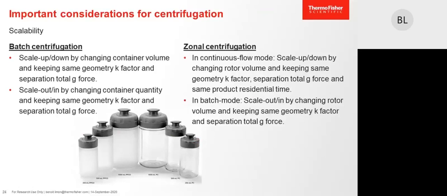So the scale out means increasing the quantity of machines or the number of containers or the volume of containers, but always keeping the same separation characteristic. The separation characteristic is the G-force and the K factor. So once you keep the G-force and the K factor equivalent,